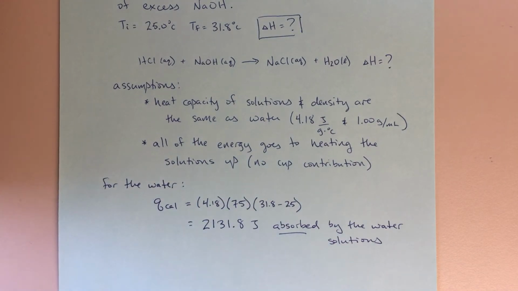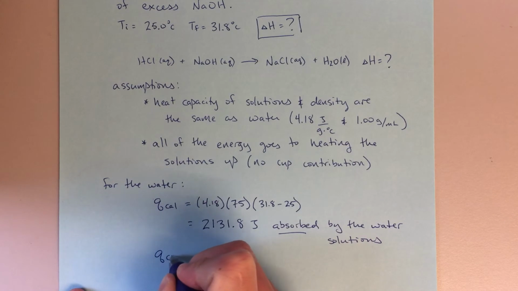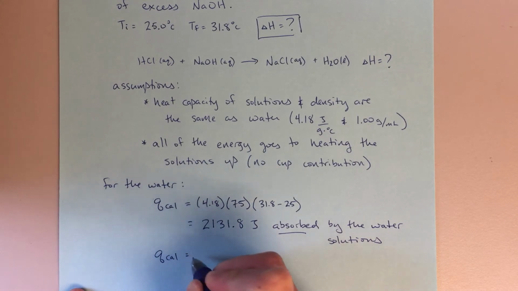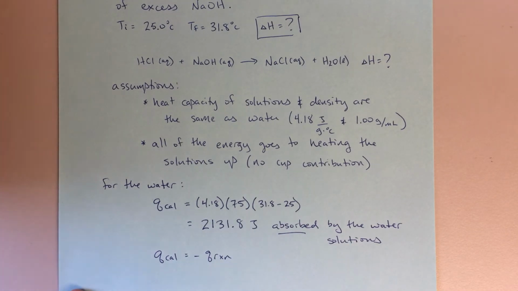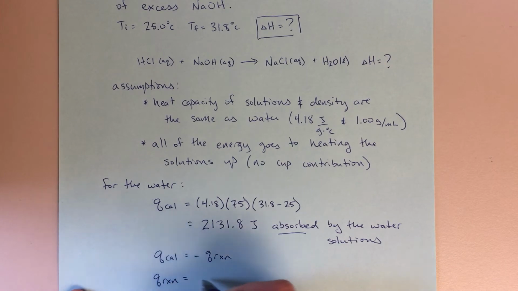Okay, now Qcal should be equal to minus the Q of the reaction. And sometimes we write minus Qcal equals Q reaction, but as long as we have a minus sign somewhere in there, that's going to make it so that those values are the same, right? So if I say that the Qcal is equal to minus Q of the reaction, then that means that the Q reaction is going to be minus